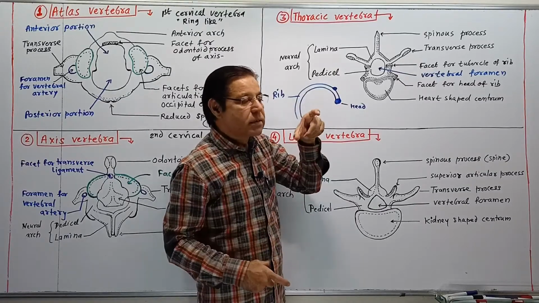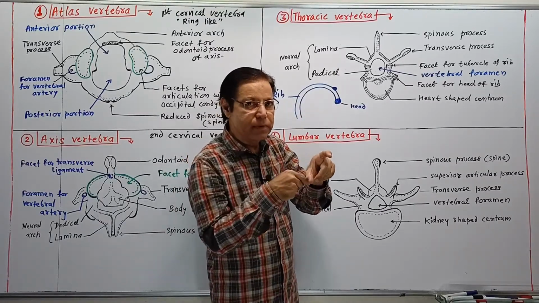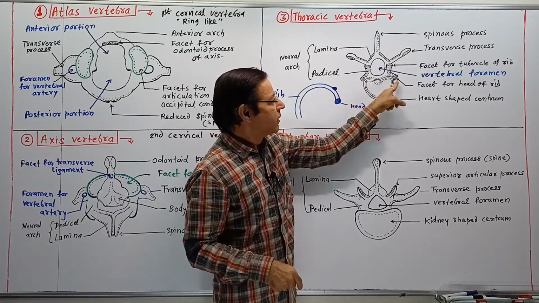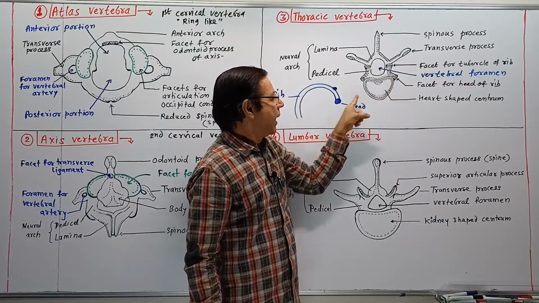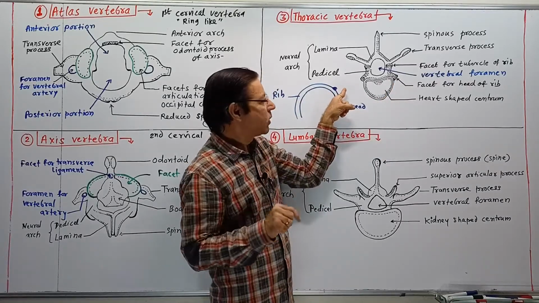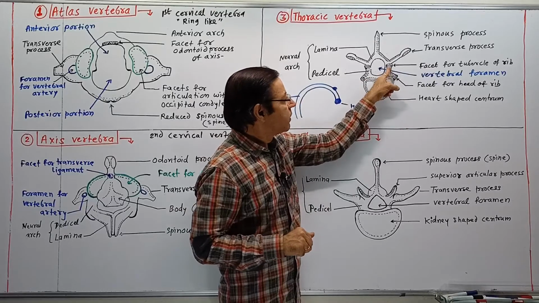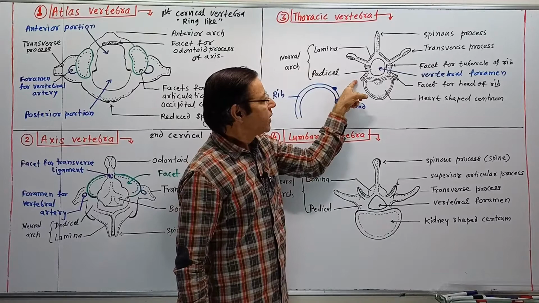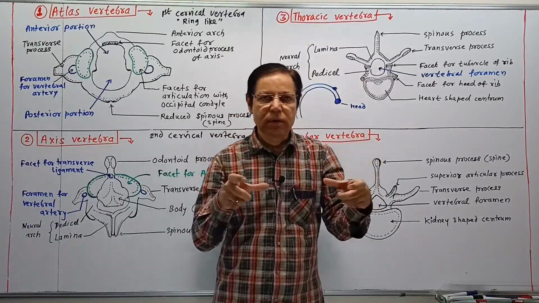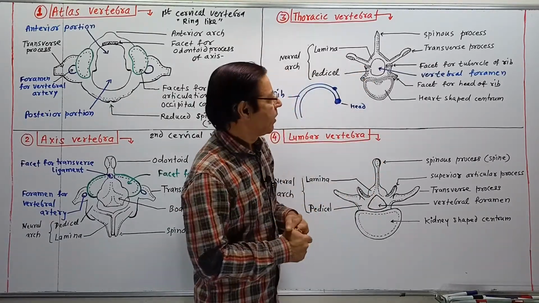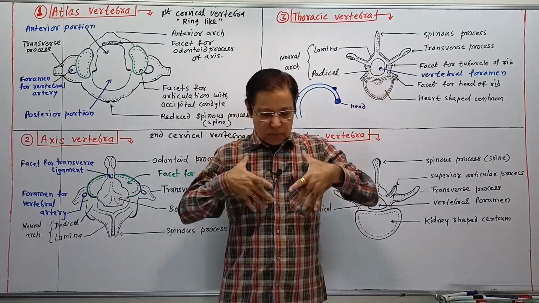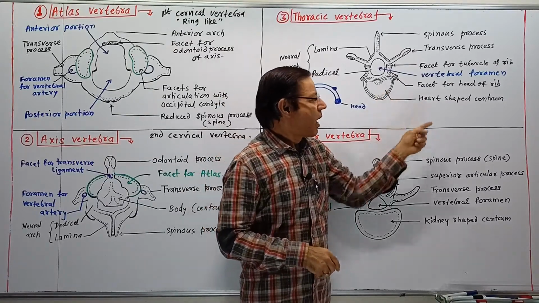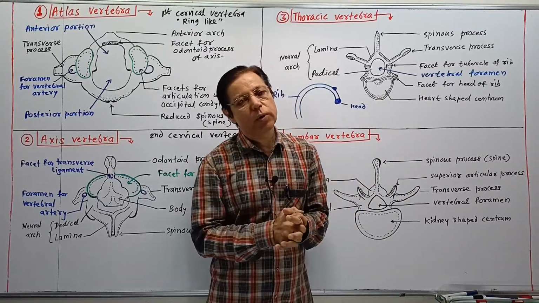In this way, the semicircular bony rods called ribs get articulated at two places: the head here near the centrum, and the tubercle, meaning an outgrowth-like process, at the facet for the tubercle of the rib. In this way, each rib is articulated at two places for firmer fixation. Here, as we know, the thoracic region has the heart. That is why remember that a heart-shaped centrum is present in the thoracic vertebrae.